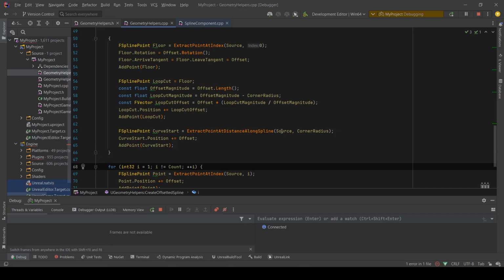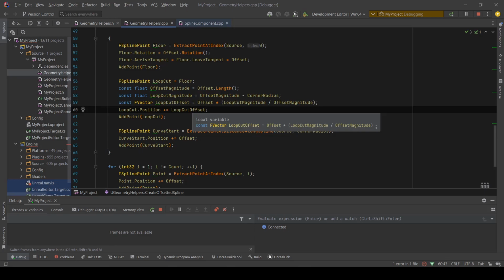It's not too hard. Okay, so we're going to do a very similar trick for setting the magnitude of the tangents as we did right here, where we divide out the current length and multiply by our new length that we want. So the length of our tangent, which actually I'm just realizing we forgot to even set for our, or no, we don't need it for the loop cut because it was already pointing up, but we do want to modify the